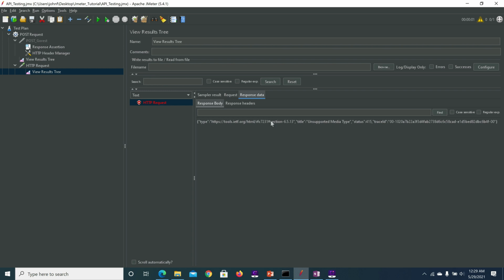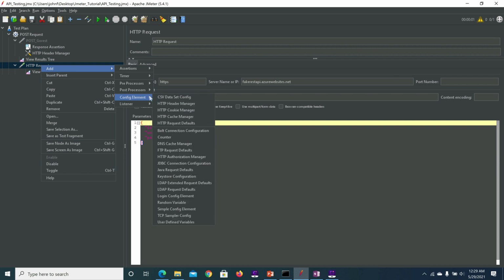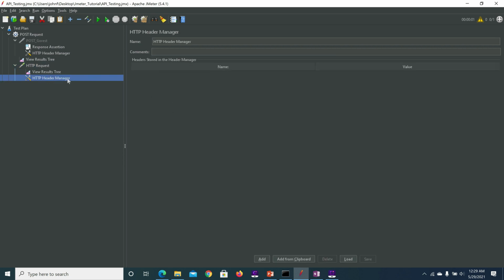Since it is an Azure site, we need to handle origin. So I am going to add one header here. Right click, add config element, HTTP header manager. Access control allow origin.